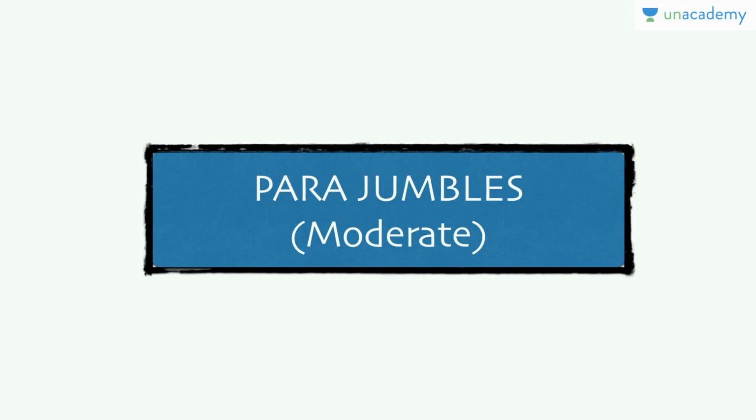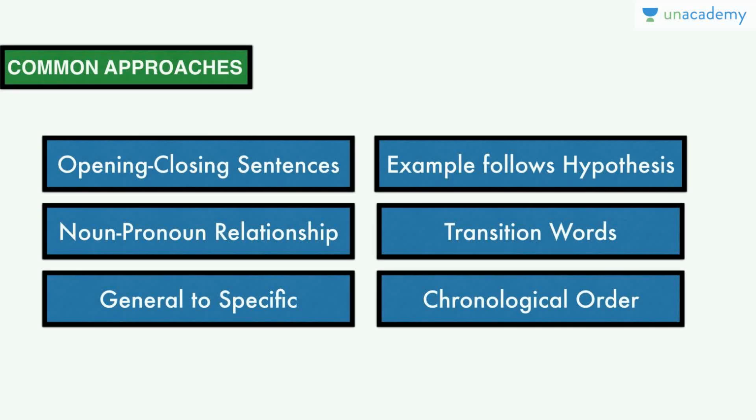So we are going to look at moderate level of parajumbles now. We are going to increase the difficulty level compared to what we looked at in the previous lesson. If you want, you can have a look at the frameworks that we introduced in the introductory lesson on parajumbles. You can just have a cursory overview. I would suggest that you don't dive deep into all this. Just use your common sense and logic, and most probably, you'll arrive at the correct answer. Together, we're going to solve the problems and we're going to improve with each question.